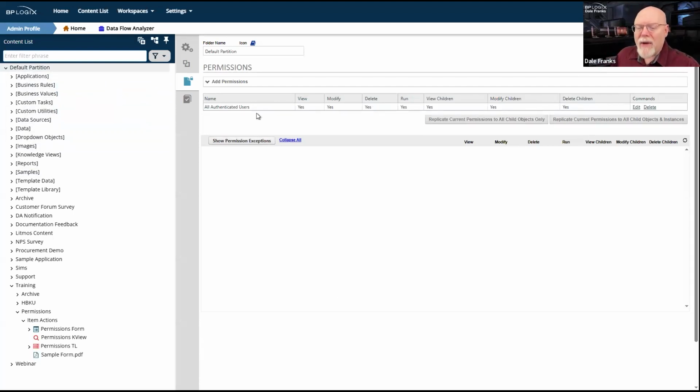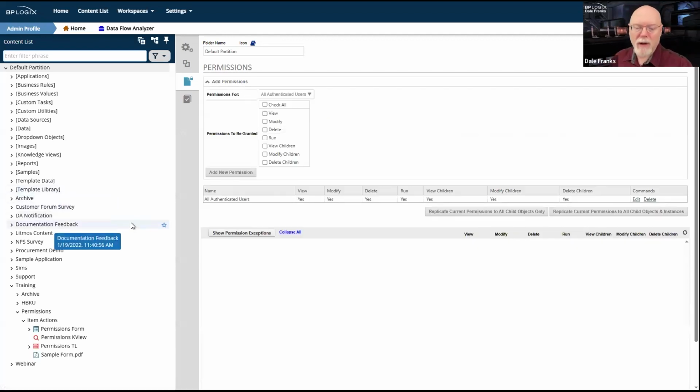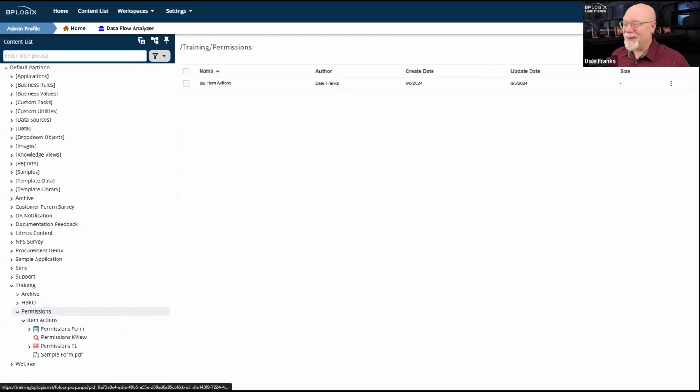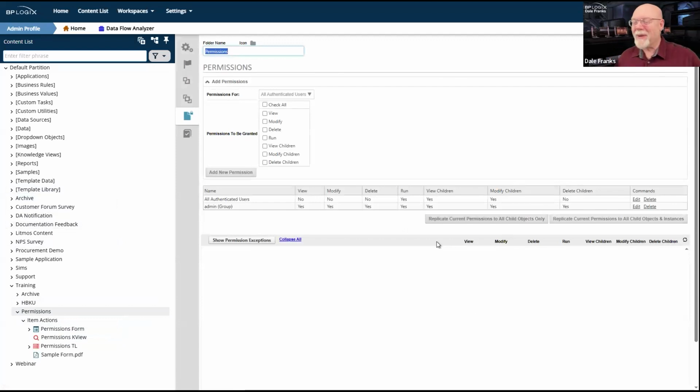If I have a conflicting rule for all authenticated users, in fact, I could create one. I'm not going to create one right now, though. That's what the permissions folder is for, so that I don't start playing around with the permissions of my entire installation. So let's go back to our permissions folder and let's look at the permissions there.